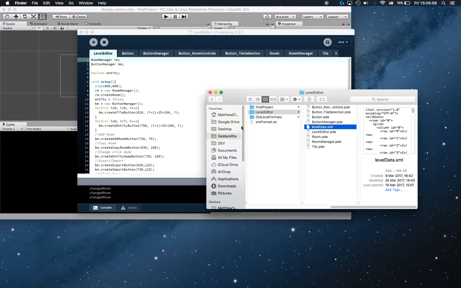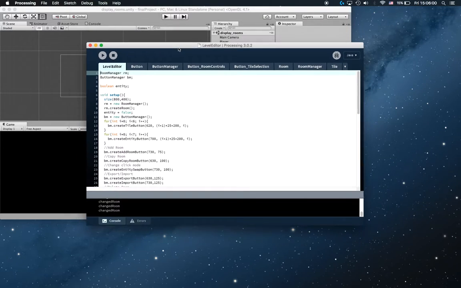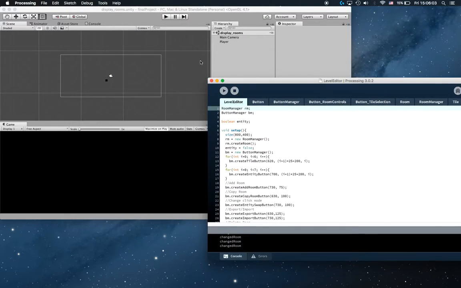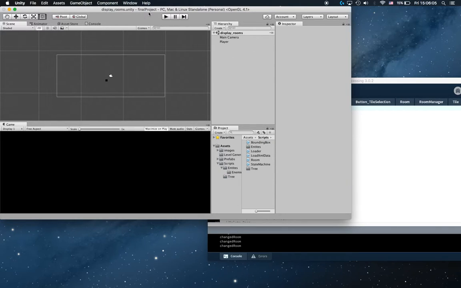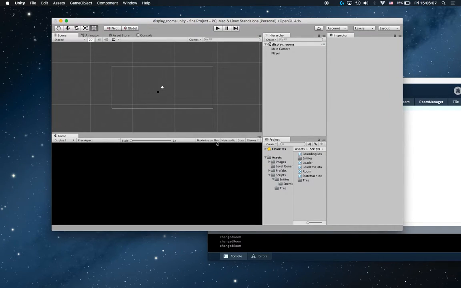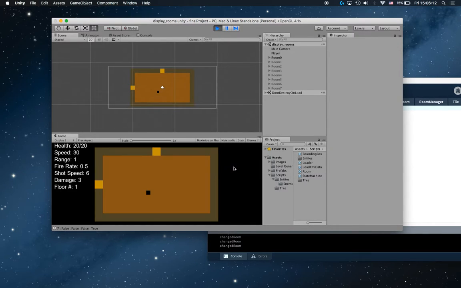So if we were to close that. This is what I've been using to create the rooms, but we've also got the game itself. So if we play the game, going through, a few things from the playtesting being that there are no visual cues when you get hit, and you notice that the health goes down when you touch these, but there's no visual cue, and there's nothing saying that you're damaging